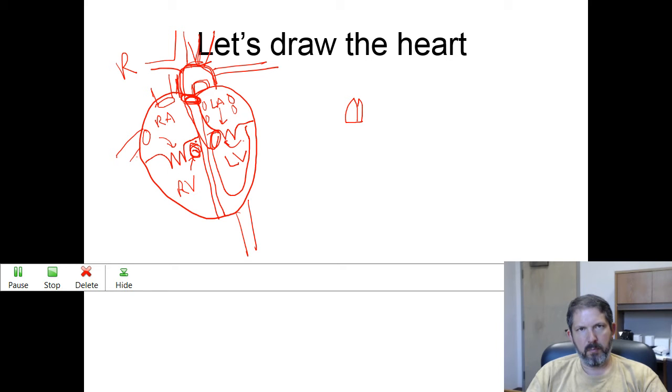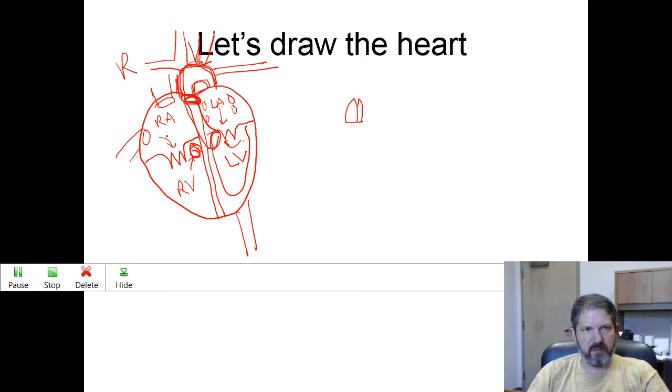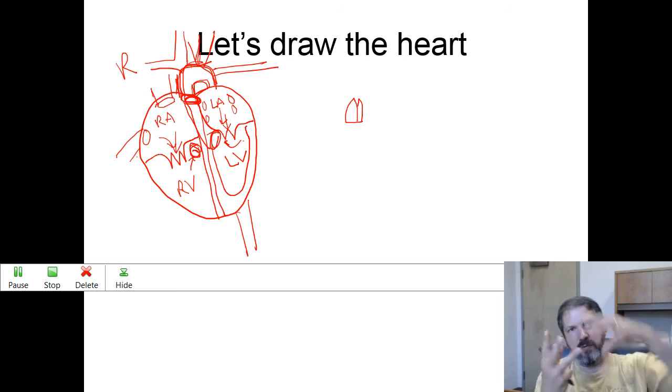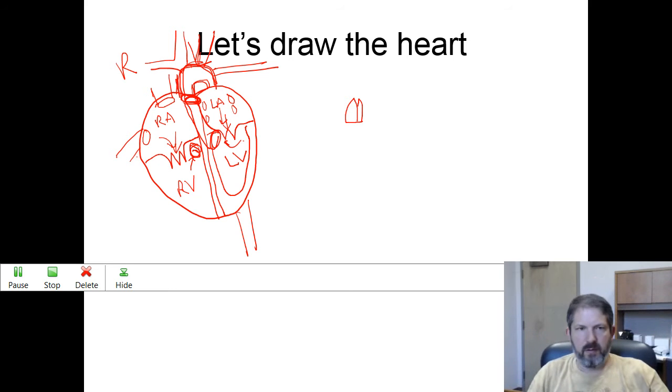And there are 4 valves. When you listen to a heartbeat, you are listening to the valves slamming shut. So the 2 atria contract at the same time. So blood is forced from the atria into the ventricles, and then the 2 ventricles contract at the same time. When the ventricles contract, the ventricles contracting slam shut the atrioventricular valves because the blood tries to go backwards, and these valves just shut tight. Okay,